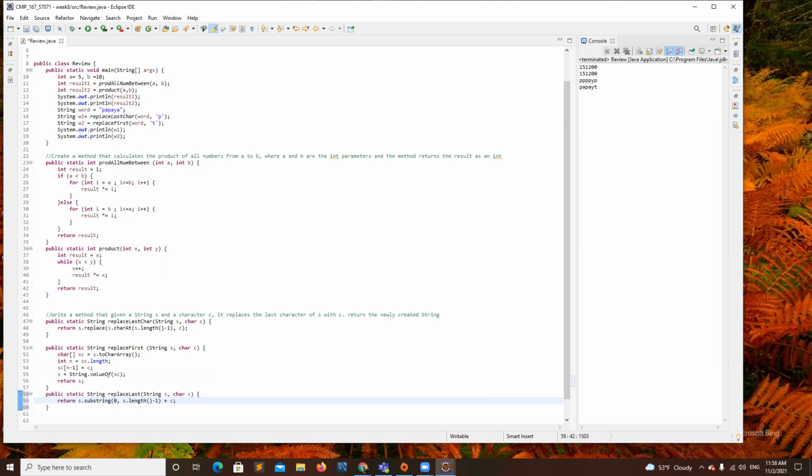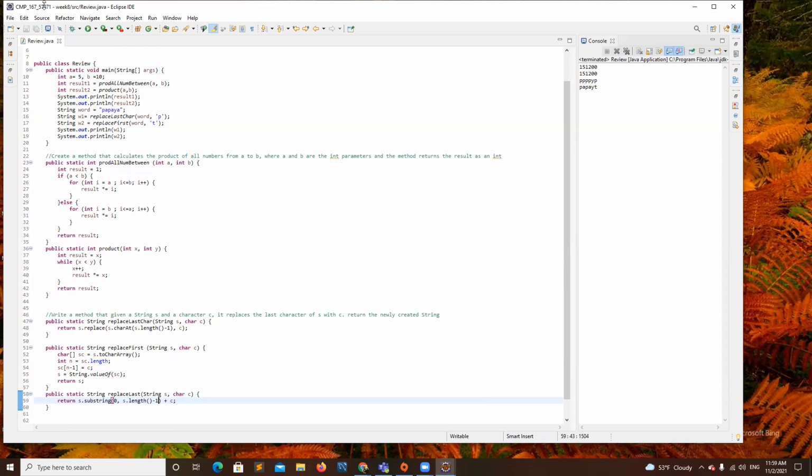The last character will be at index length minus 1.